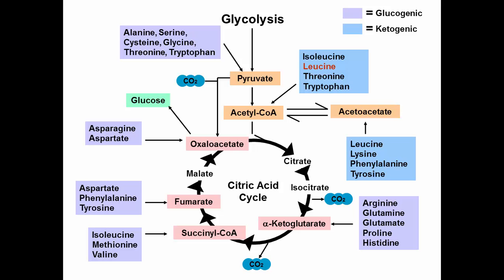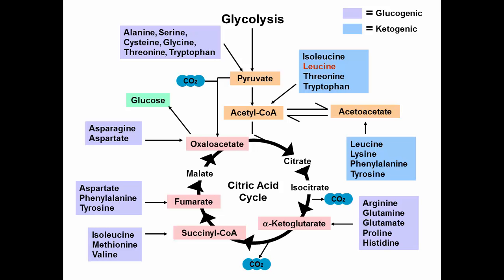Okay, so if you look at the lists here, there's only one that is only ketogenic, meaning it does not give rise to a net carbon increase. It cannot be used to make glucose, by that definition. The rest are both. So ketogenic, what does that mean? Again, giving rise to something. Keto is used loosely here for fat. We can make ketones from it too, but it's fat. So we can use the carbon to make fat. Well, we can store almost anything as fat.